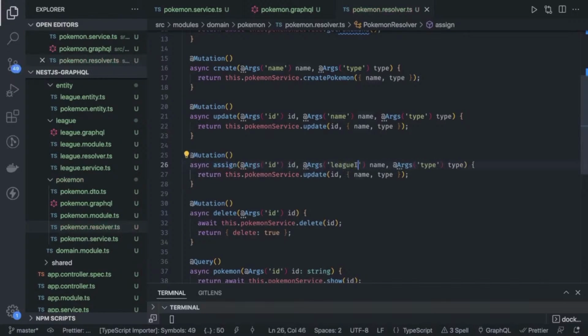It is going to take two arguments, one is the Pokemon ID, another is a league ID, and we don't have a type, so we have two arguments. And now we can call the simple service method, which is pokemonService.assignLeague. That is a method we have. So here we are just correcting the arguments, and then we can just call the method. We need to pass two arguments here to assignLeague, and we are passing the Pokemon ID and the league